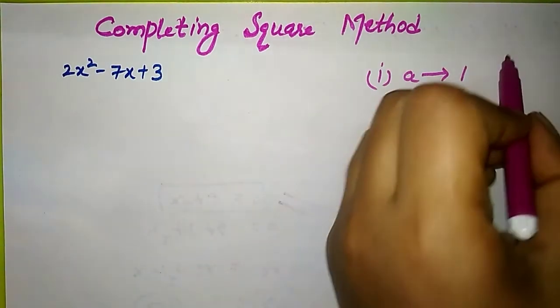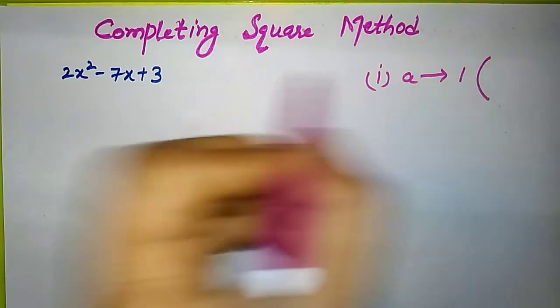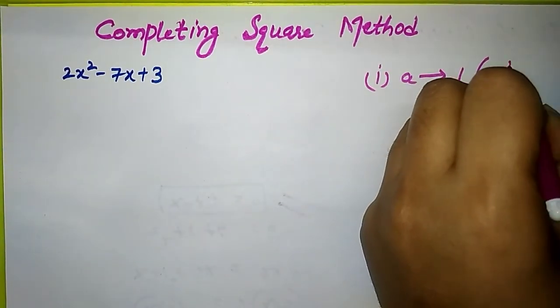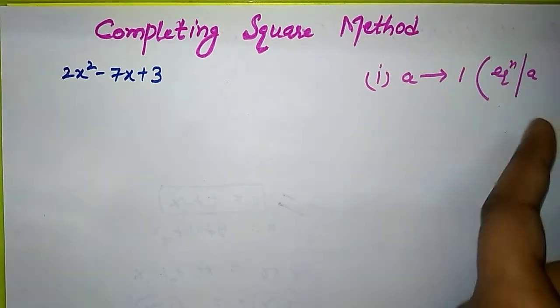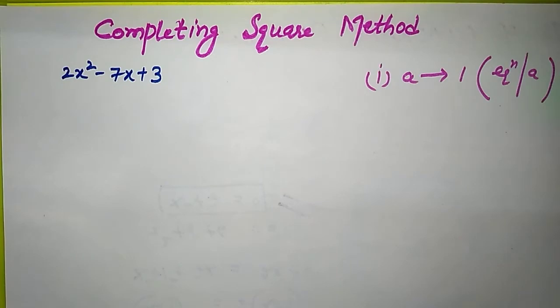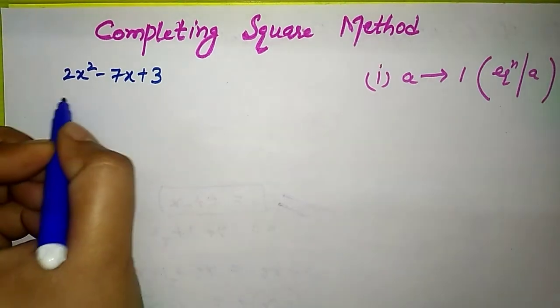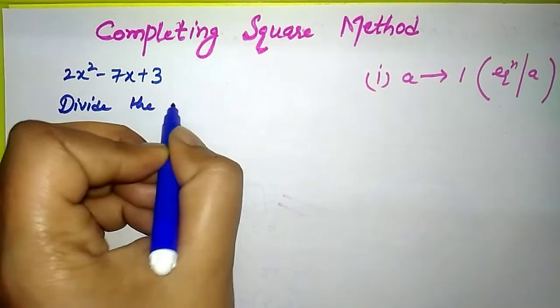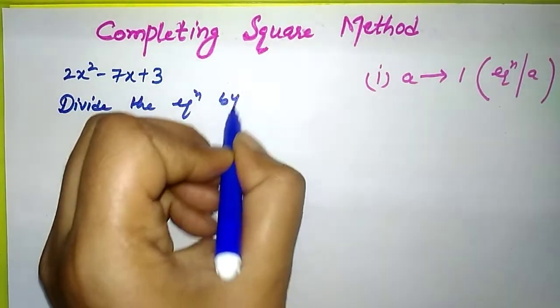So the first step is to divide the equation by a. Clear? So now after dividing the equation by a,